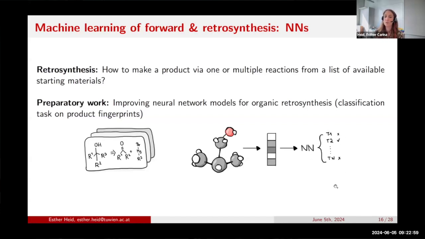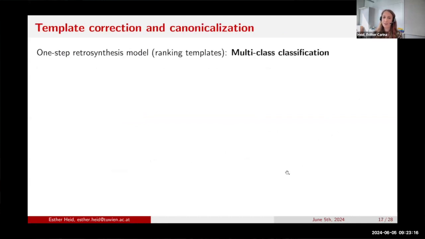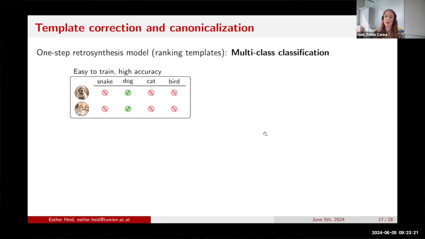So this is nothing else but a multi-class classification. And as I was trying to reproduce the results for the organic retrosynthesis to get ready to also use this for enzymatic retrosynthesis, I noticed something very odd about this. This is multi-class classification. So if you think about this, for example, for image classification, and you had templates like